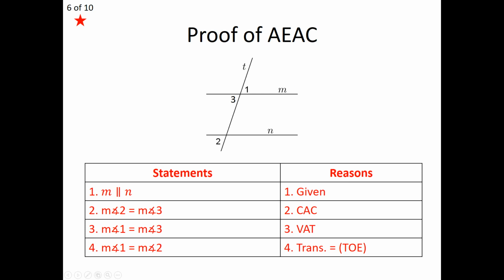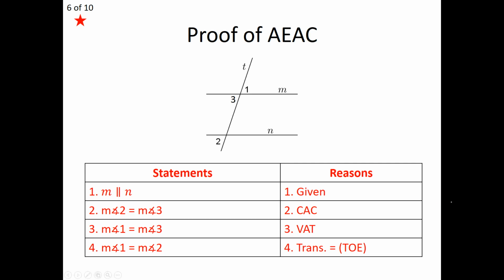Let's look at the proof of the AEAC, the alternate exterior angles consequence. It is identical to the alternate interior angles consequence. It works the exact same way: when we cut through the set of parallel lines, it forms two corresponding angles that we know to be immediately equal, angle 2 and angle 3. Thus, angle 3 and angle 1 are equal again by the vertical angles theorem. And lastly, the measure of angle 1 is equal to the measure of angle 2 by transitivity of equality. So again, when we cut through a set of parallel lines with a transversal, we get a pair of